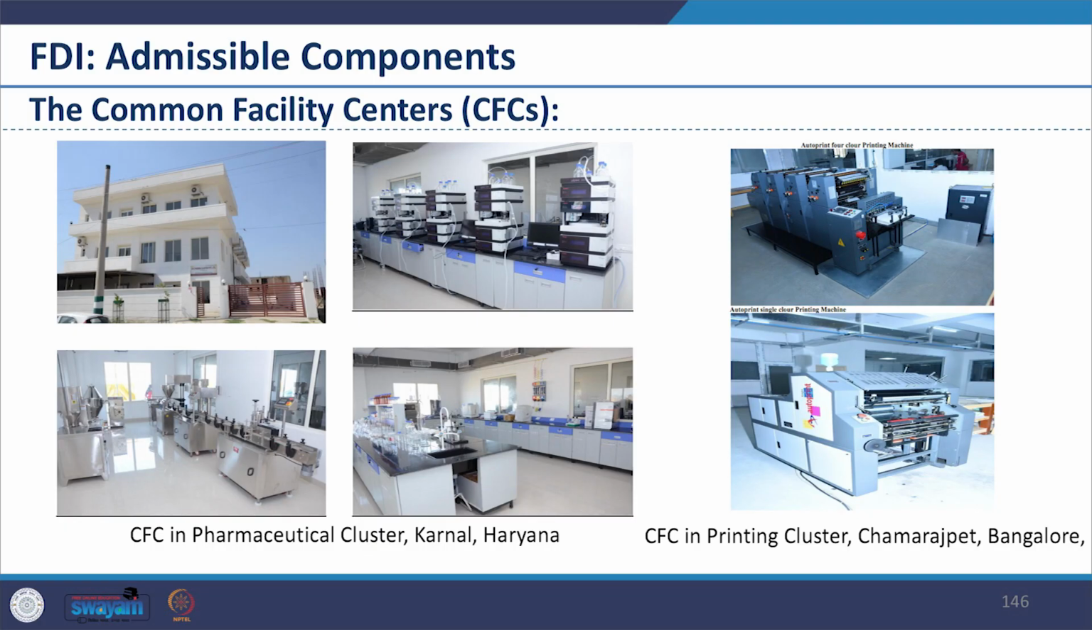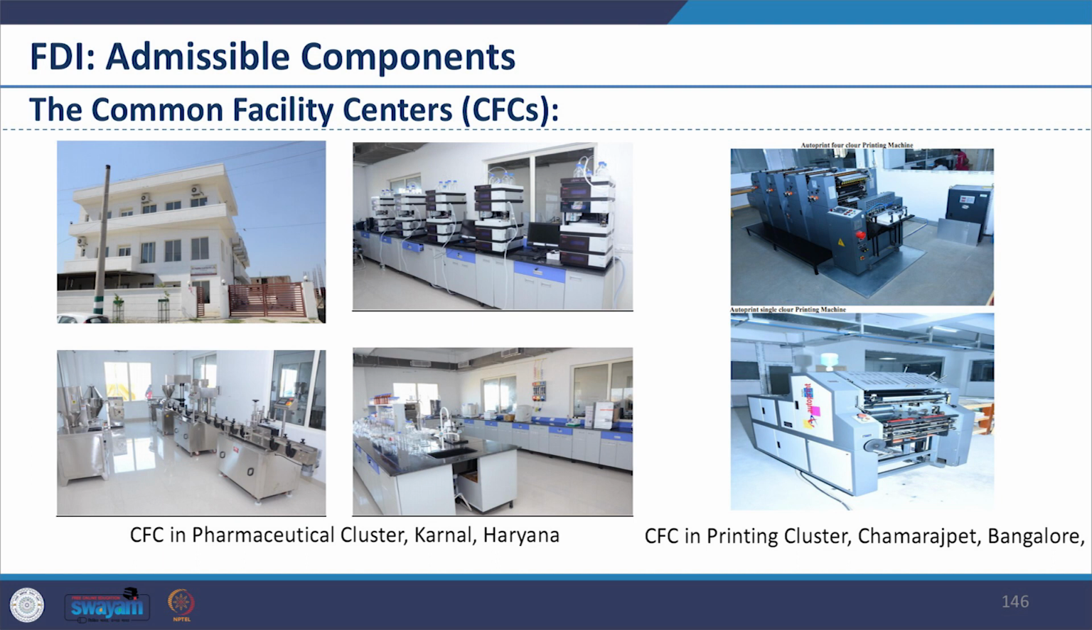Furthermore, you see that there are also backward and forward linkages of value addition in the byproduct. Waste of the cluster units would also be admissible for enhancing productivity. So these are all included in the common facility centers. Looking at the example, here you can see a CFC in a pharmaceutical cluster, Karnal, Haryana. You can see the structure which has been already completed here, the infrastructure. Then you can see a CFC in a printing cluster,